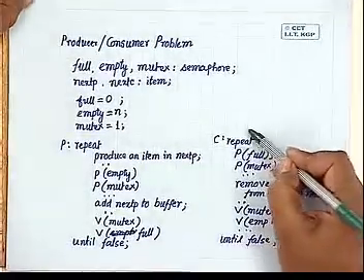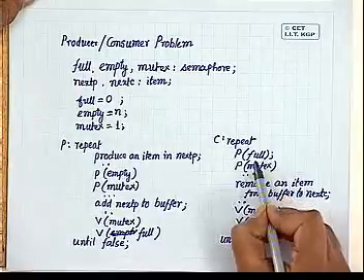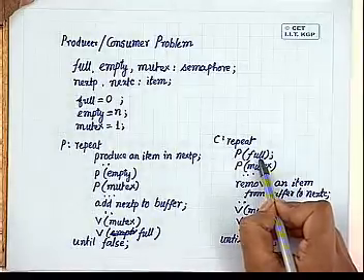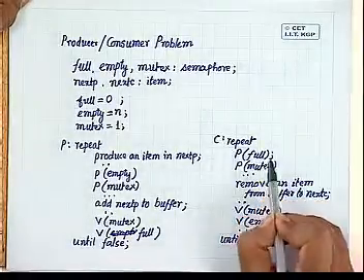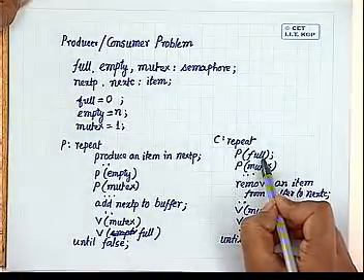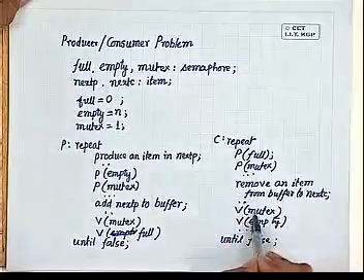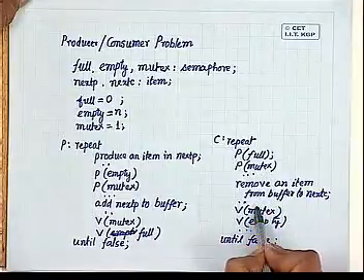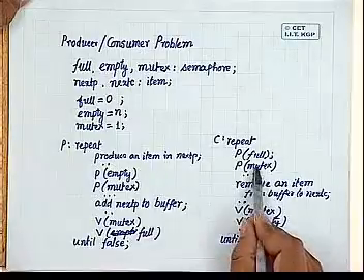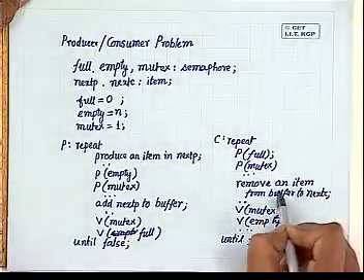Similarly, the consumer process has to perform the P full operation, because if the integer value of this variable full is less than 0, that indicates that there is no element in the buffer to be consumed. So the consumer process has to be blocked. So it performs the P full operation. After that, again P mutex and V mutex: this pair of operations ensures that access of the buffer is mutually exclusive. If both P full and P mutex operations are successful, then only the consumer process will